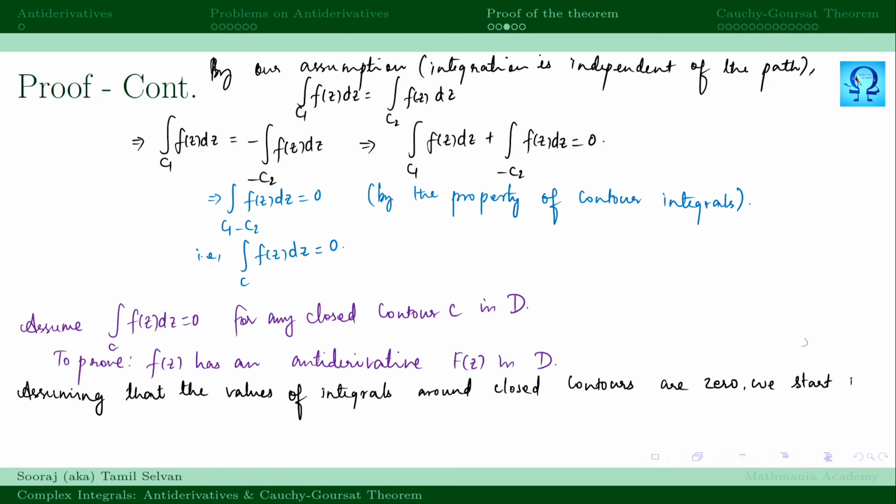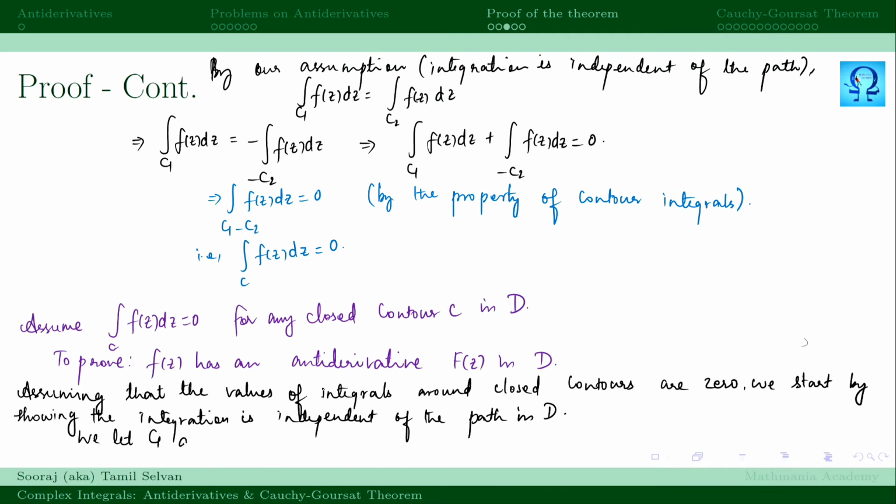We start by showing the integration is independent of the path in D. Okay, for which we let C1 and C2 be any two contours lying in D from a point Z1 to Z2, and